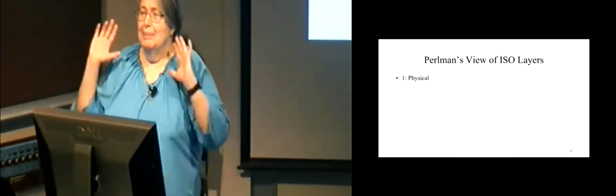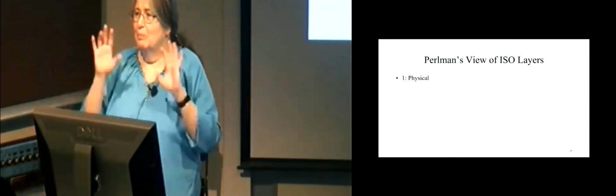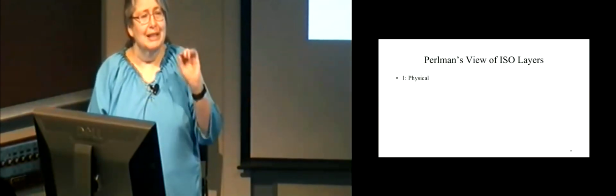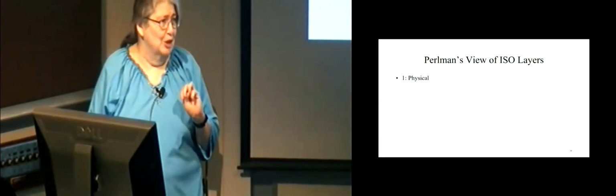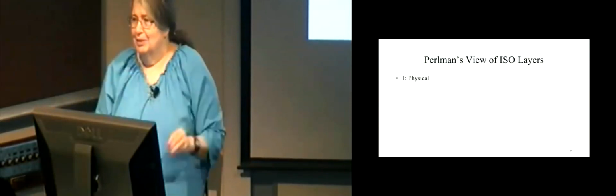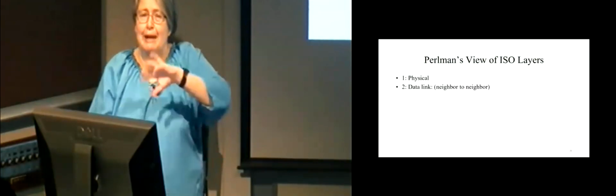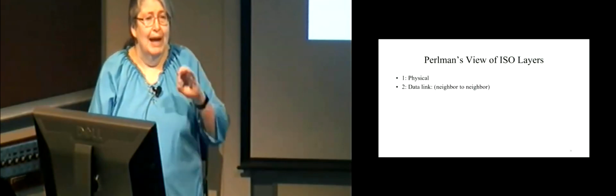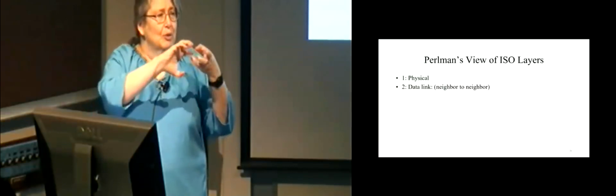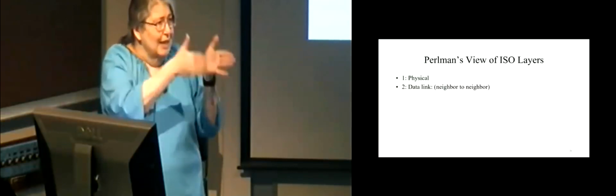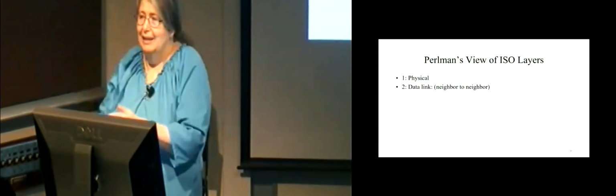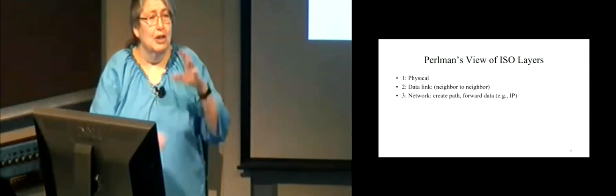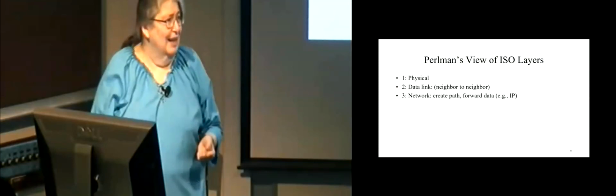So now I'm going to talk about my view of the layers, and you'll see why it's Perlman's view rather than ISO. So the bottom layer is the physical layer. It's sort of how do you signal a bit from one machine to another machine? What's the shape of the cables, that kind of stuff. Layer 2 is neighbor to neighbor. So I can signal bits because I have the physical layer doing that for me. And the next layer up, there's a way of framing the packet, saying this marks the beginning of a packet, this marks the end of a packet, here's a checksum, and that's what layer 2 would do. Layer 3 actually forwards packets between links.